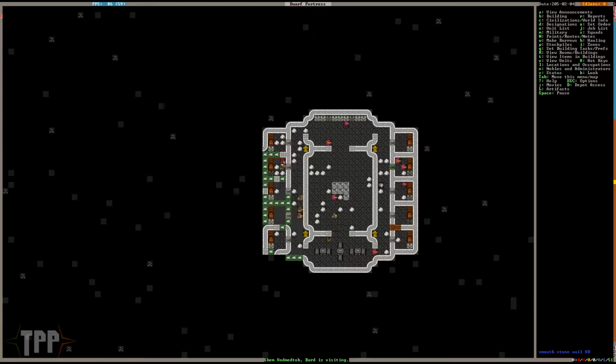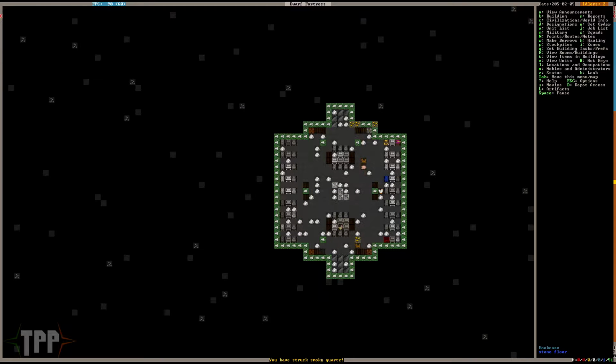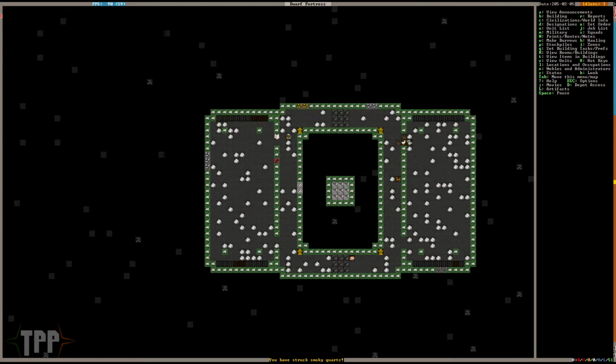Another bard is visiting. It's nice to see. And here is our top floor of our library. Here's the bottom floor. So yeah, there's a few things going on. There's a few dwarves reading books and stuff. We will want to do...